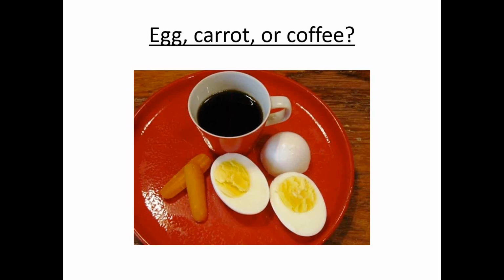The carrot went in strong, hard, and unrelenting. However, after being subjected to boiling water, it softened and became weak. The egg had been fragile. It had a thin outer shell that was protecting its liquid interior, but after it went through the boiling water, it became hardened. And the ground coffee beans were unique because they went in, and instead of being changed by the water, they changed the water. So how will you help your students change their surroundings?